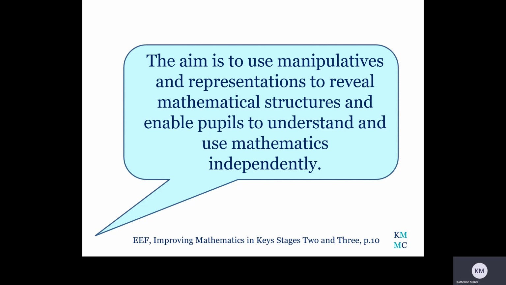So here are some examples of representations of 17. As it is a teen number, some of the representations allow me to see the 10 and 7 structure more easily than others. So for example, I can see that really clearly with the Numicon. I can see it quite clearly with the pre-printed tens frames, with the bead string, and with this representation here. So this is a rekenrek, and actually if I look closely I can see the 10 and 7 in different ways,